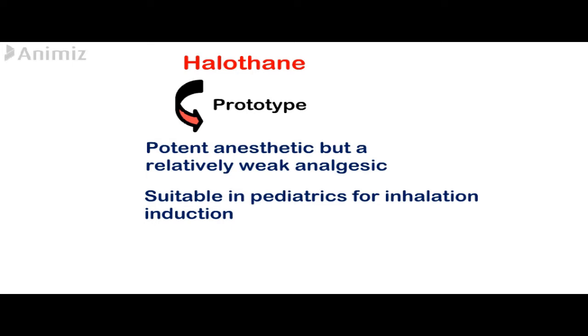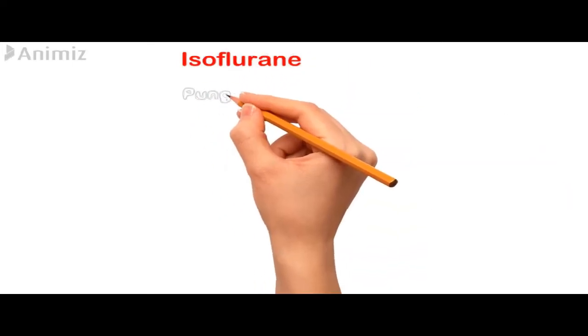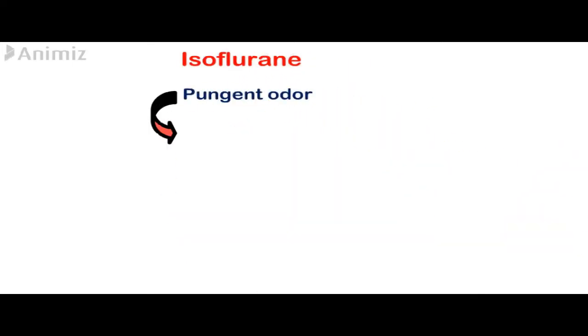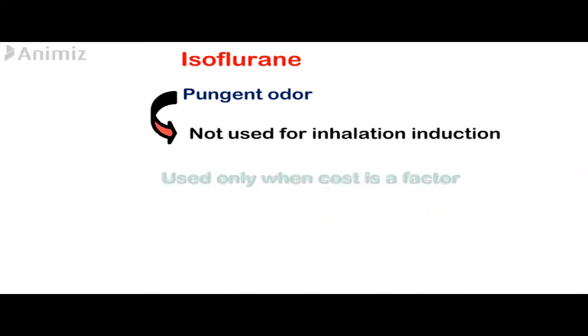The second inhalation anesthetic is isoflurane. Because it has a very pungent odor, it can stimulate respiratory reflexes like breath holding, salivation, coughing, and laryngospasm, and therefore it's not used for inhalation induction. And because it has high blood solubility, it is typically used only when the cost